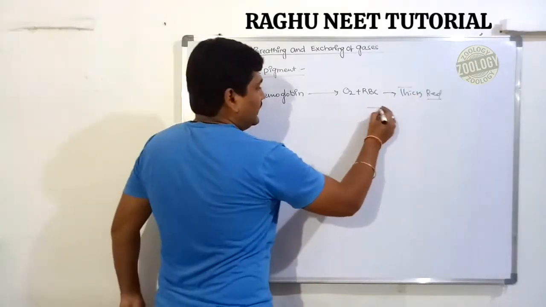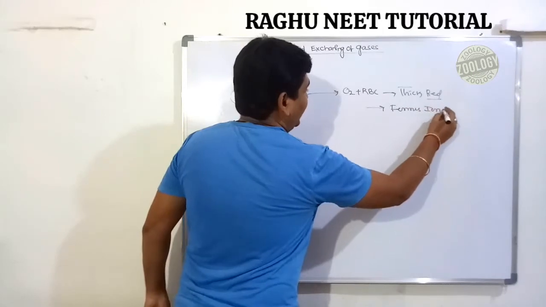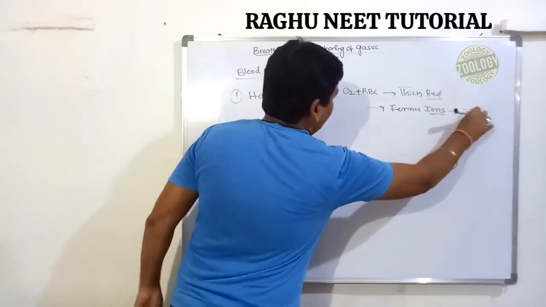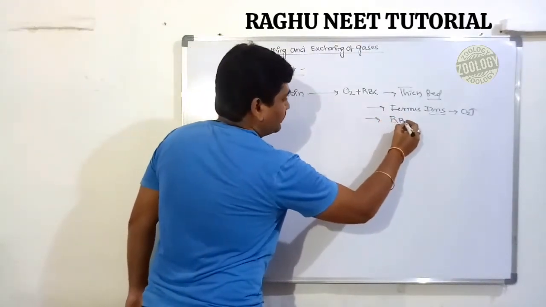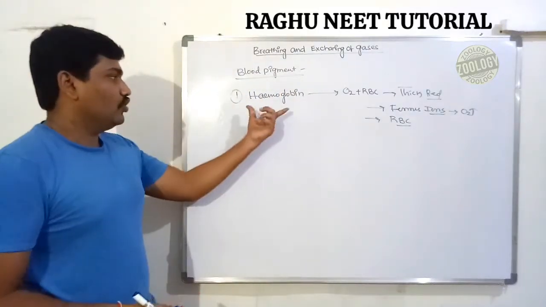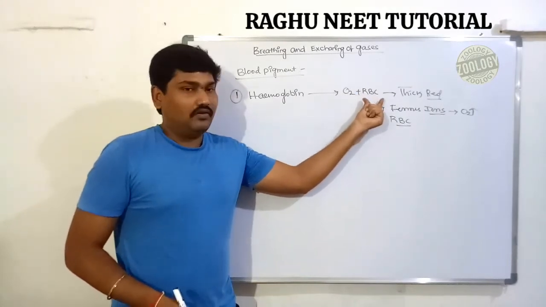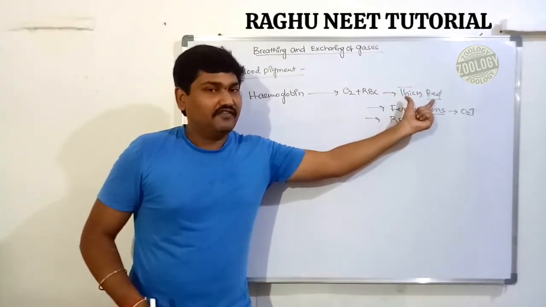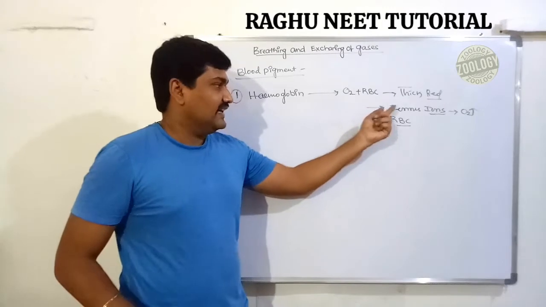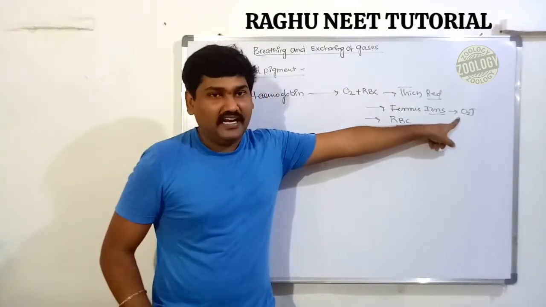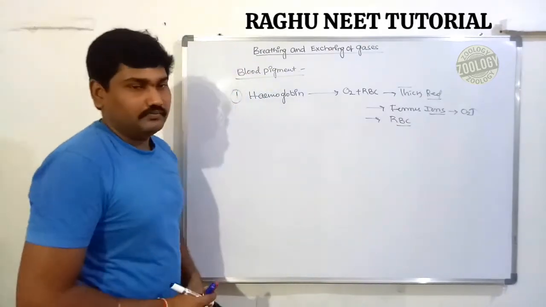So what is that? These have a ferrous ion. The presence of ferrous ion. These ferrous ions carry oxygen molecules. These ferrous ions are located in the RBC region. Hemoglobin is one of the blood pigments. It carries the oxygen and reacts with the RBC. The blood converts into thick red in color, nothing but oxygenated blood. The oxygenated blood consists of ferrous ion, which is one of the metals. The ferrous ions are located in the RBC region.